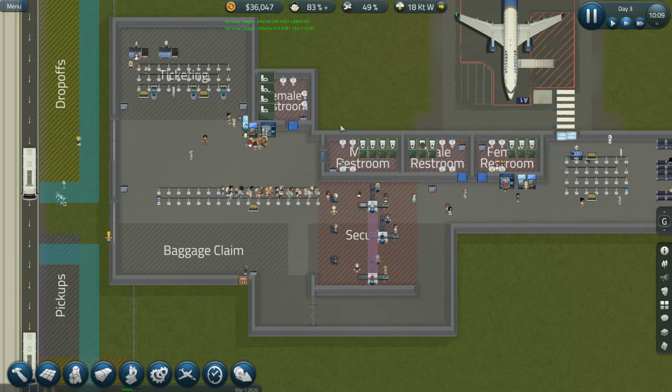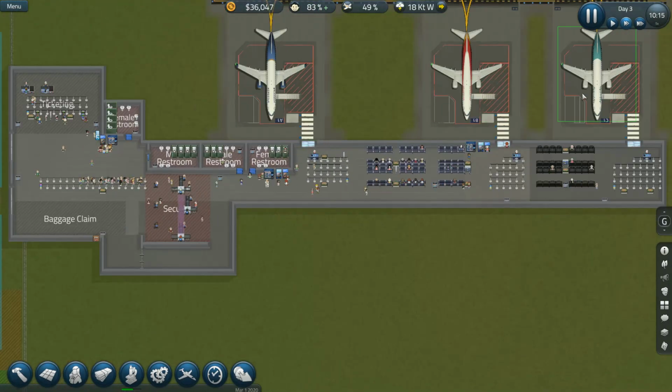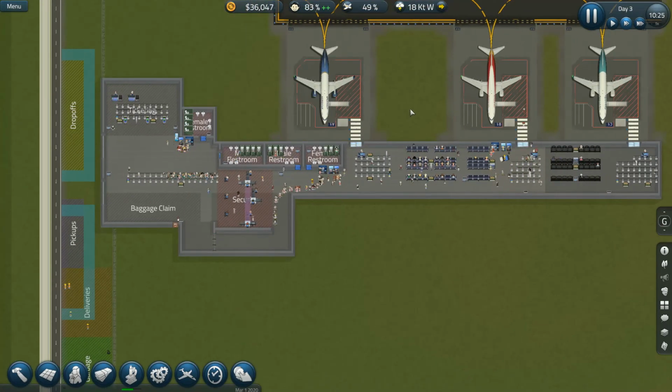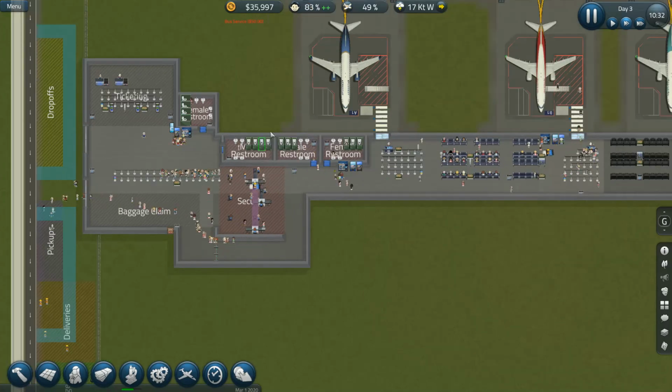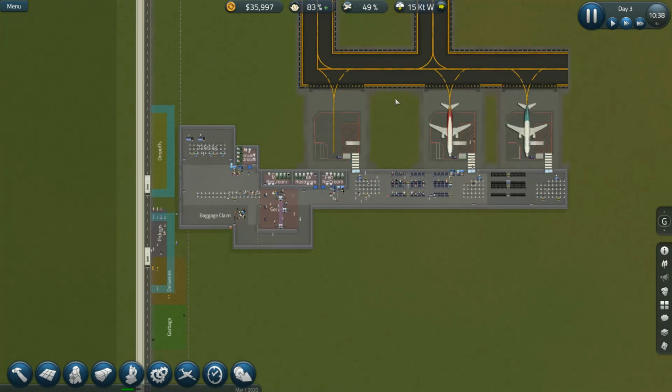We don't have a ton of money. And we've accomplished kind of what I wanted to today, which was to get that... You know, look, we got 3 planes in there waiting now. All right, so we should be making some fairly decent money. And as long as people don't become totally unhappy, which they're not, so... Yeah, we need to get...